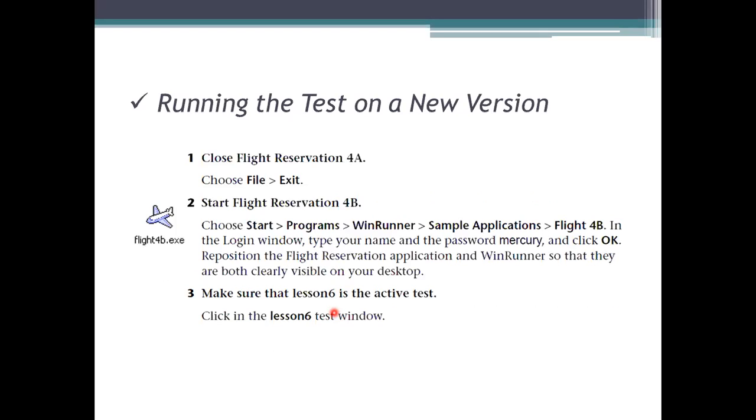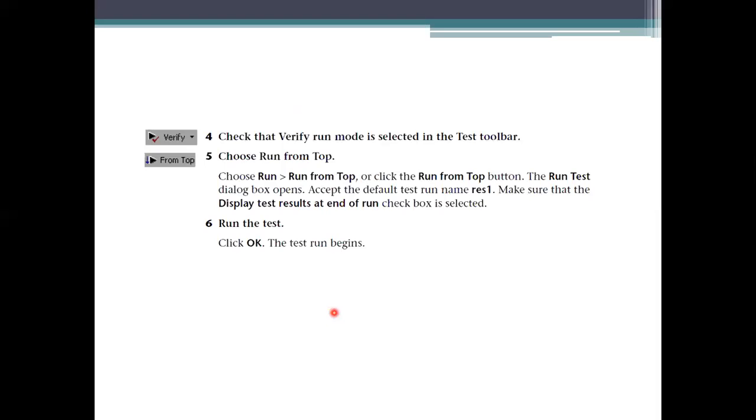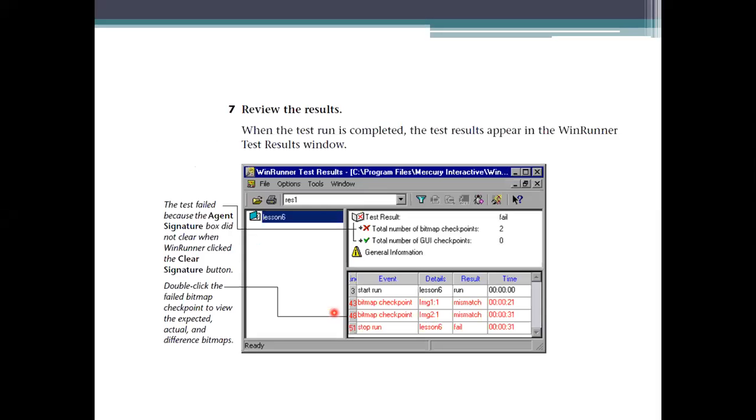We are making one other version of processing, and we are making a test on that other one. So here we are closing the application which was previously used, and we are opening another application which has a flight reservation. We need to run from the top here, and the results we are using have to be stored in a file here. So we may use another file representation here and run the test procedure.